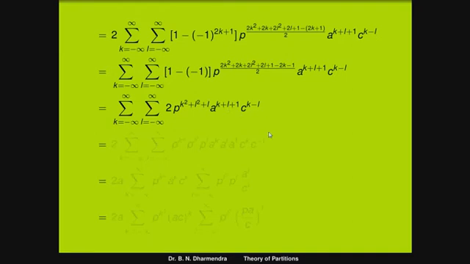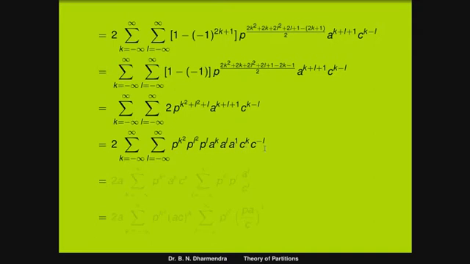That is equal to, you can take 2 as a constant outside, 2 times the sum with k running from minus infinity to plus infinity, l running from minus infinity to plus infinity. We can split the powers of p, a and c, because we can collect the terms of k and l on one side. So here p to the power of k square, p to the power of l square, p to the power of l, here a to the power of k, a to the power of l, a to the power of 1. Here a is free from this series, so we can take it outside, and the next one is c to the power of k and c to the power of l.